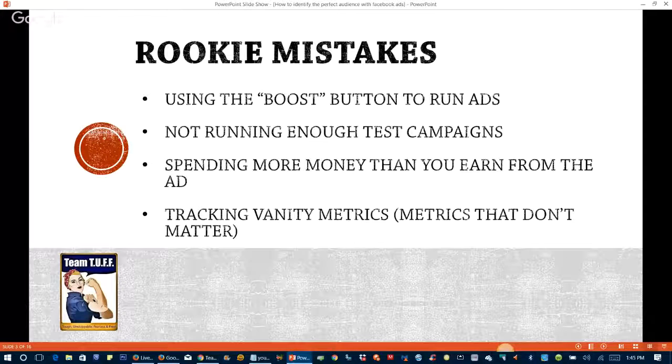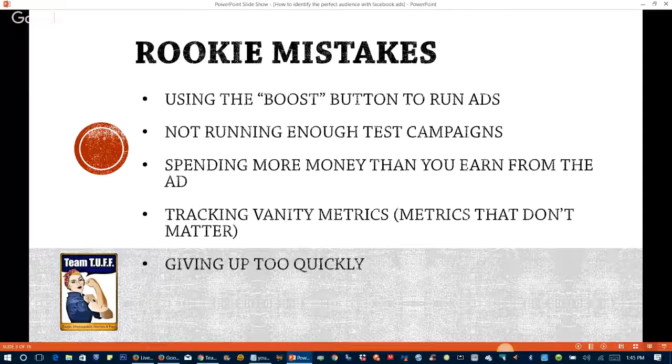Okay, well, that's great. I'm glad that 2,000 people saw and liked your ad, but how many of them actually clicked on it and ended up going to your webpage and buying something from you? It doesn't really matter how many people liked your ad or how many people saw it, unless you can show a return on your investment in the end. So vanity metrics may make you feel good, like it's performing, it's doing something, but if they aren't helping your bottom line, then those metrics don't matter. So stop tracking them.